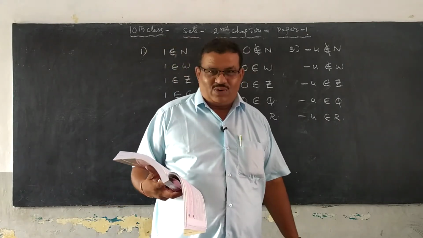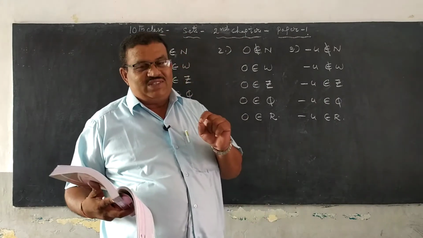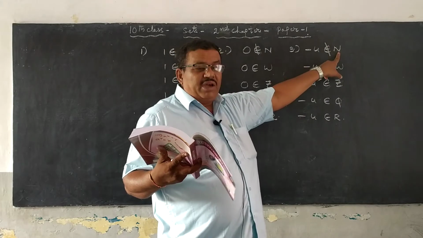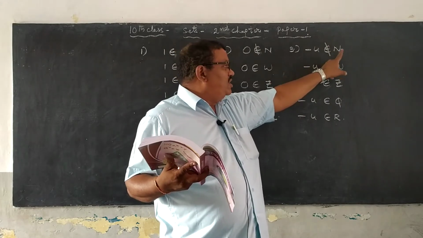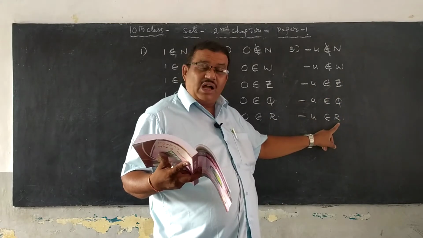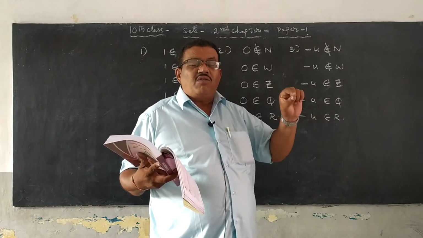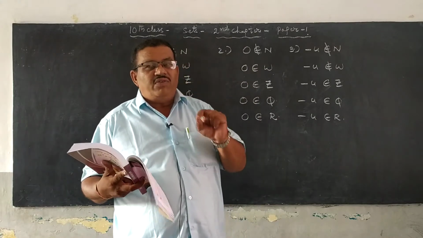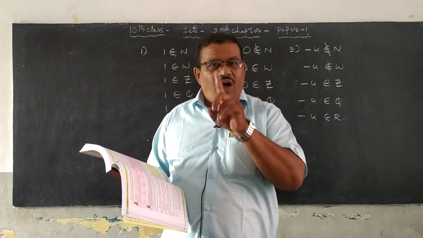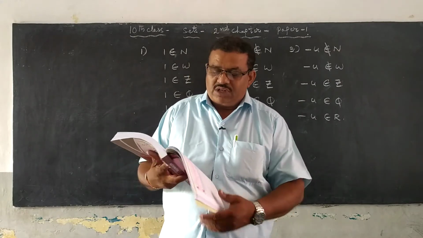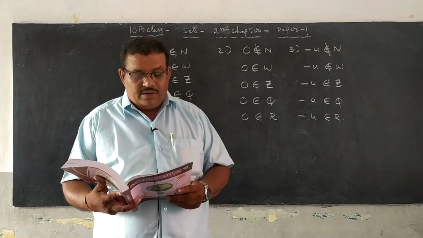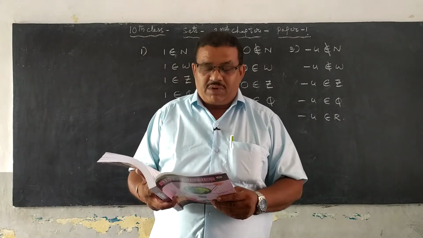Root of minus 4. Root of minus 4, this is the last question. It does not belong to any set of numbers here. Root of minus 4 does not belong to natural numbers, whole numbers, integers, rational numbers and also real numbers, because root of minus 4 belongs to the set of complex numbers. That's why it does not belong to any of the numbers here. This is the do this problem on page number 28.